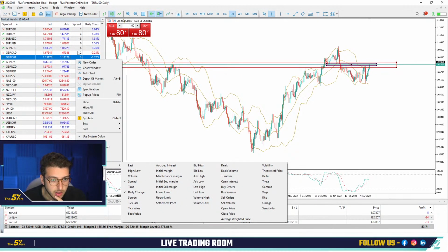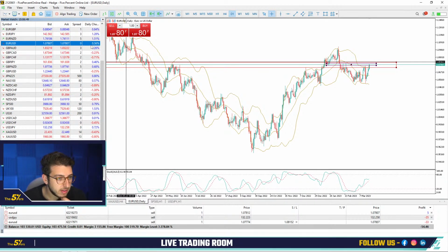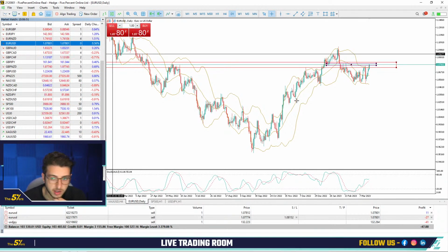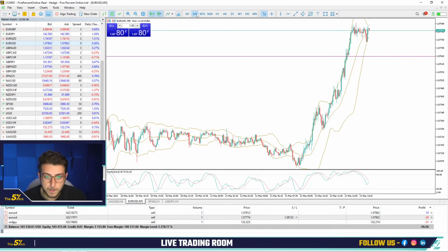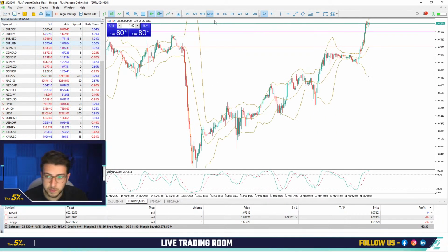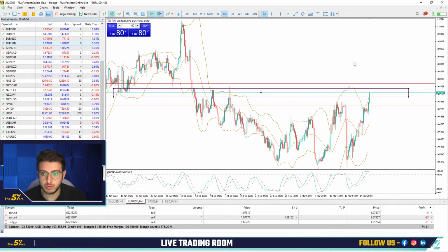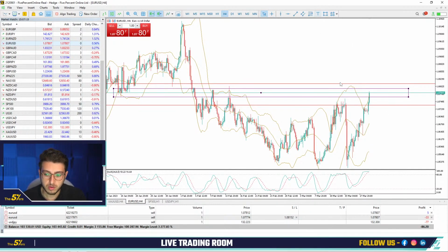Daily change, yeah. The market is actually pushing 0.5% today in the Euro-USD. So I'm only selling the market right now. This is for the first position, Euro-USD. I'm expecting the market to retrace quite quickly, but again, it can take some time for the market to at least go back. Here I'm not expecting the market to crash down, but at least go back to a 30 pips, 40 pips retracement